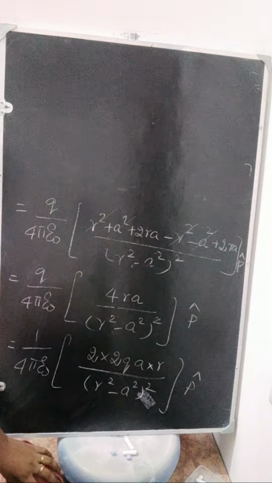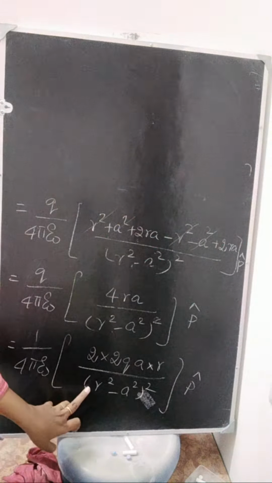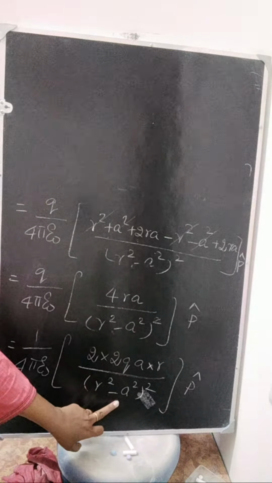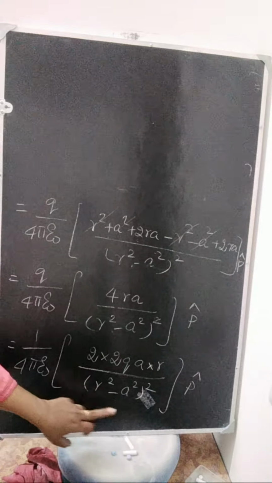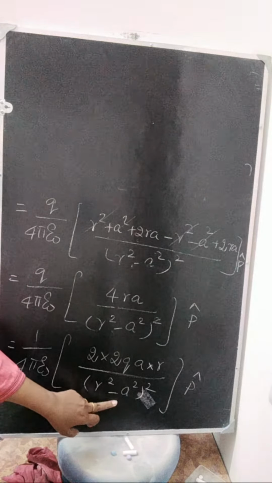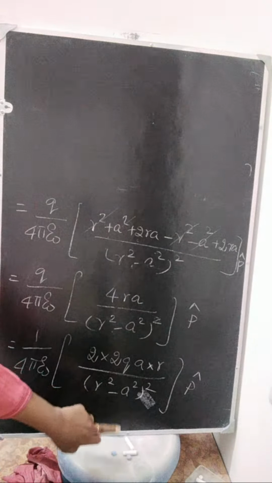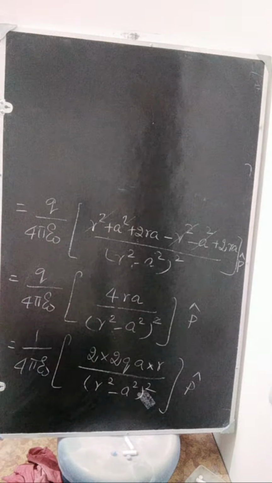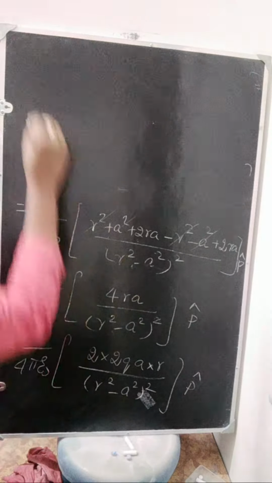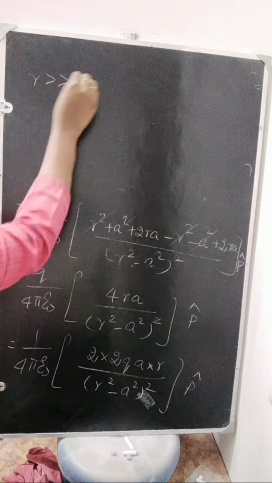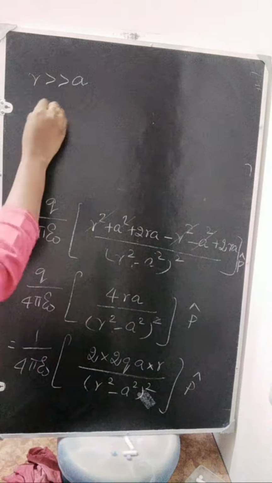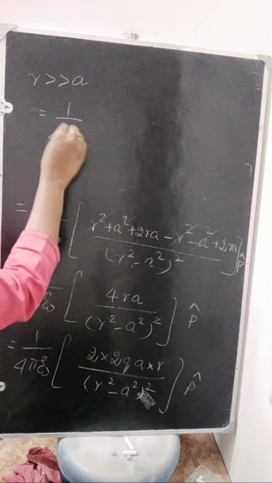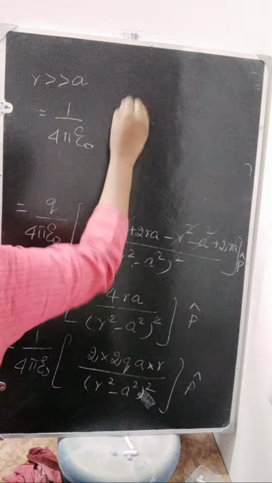What is r? R is the distance between the center of the dipole to the point C, and a is half of the distance. A is taken from the center, where one of the charges is located. So if you consider r is very much greater than a, we can neglect a which is at the denominator. What you will get? 1 by 4 pi epsilon naught